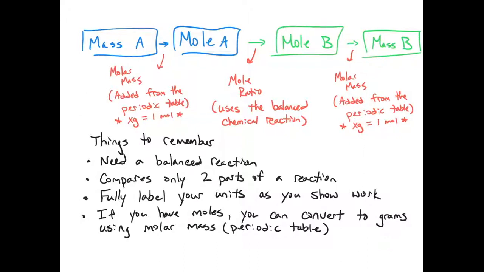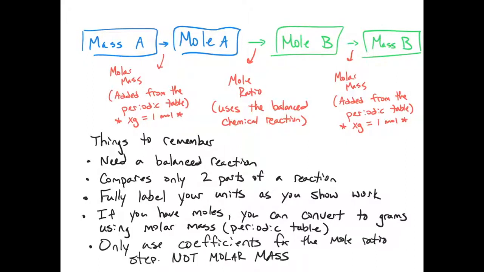The useful things to remember: make sure you have a balanced reaction. If it's unbalanced, you have to balance it first. Make sure that you're only comparing 2 parts of a reaction. Fully label your units so that you can show all your work. Meaning, don't just say moles or don't just say grams, but say grams of what, moles of what. Finally, if you have moles, you can always convert to grams using the molar mass of the periodic table. And I've decided to add this final thing to remember. Only use coefficients for the mole ratio step. Never use them when using or